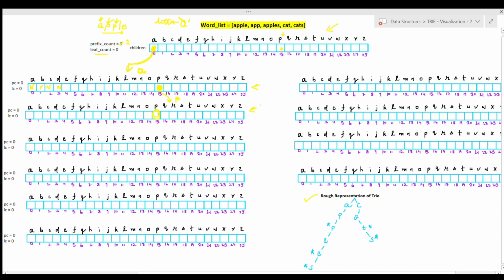Here also it is null, so it will create a new node, and the address of it will be stored here, and it will be pointing here. So this is also representing P.